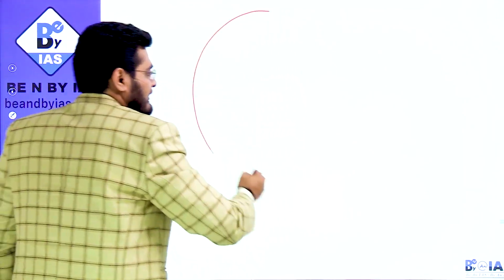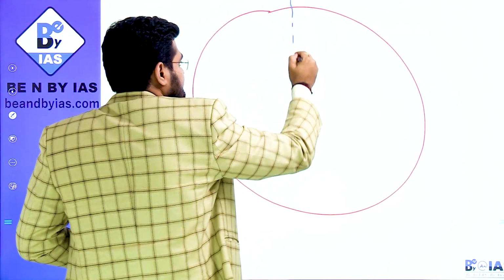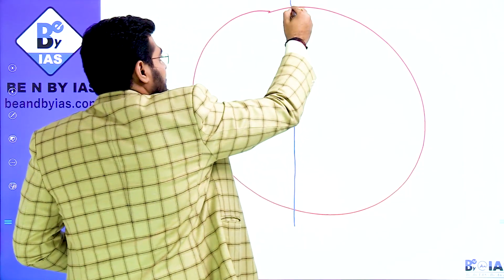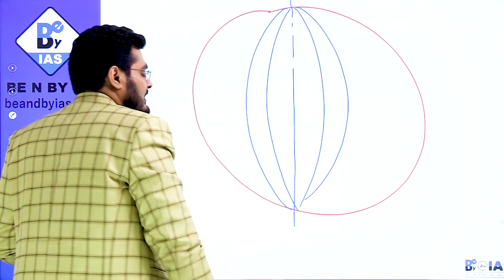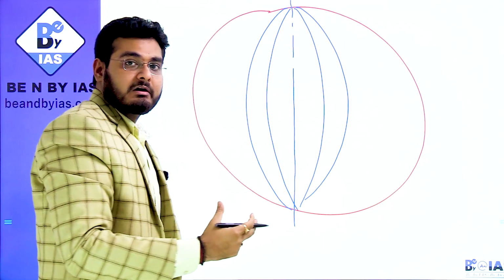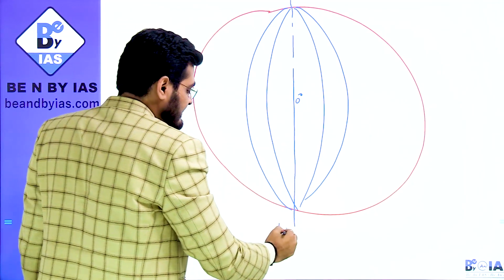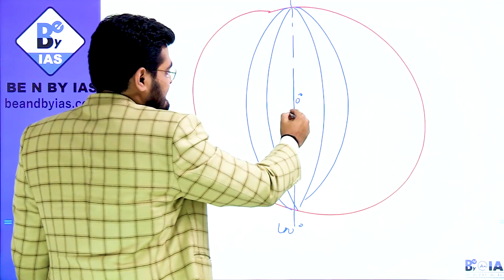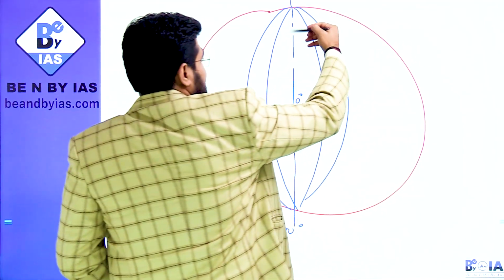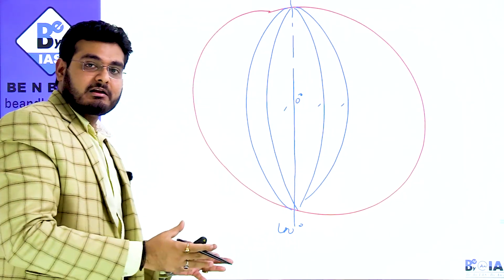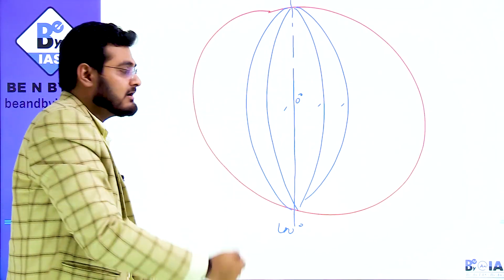Now, this is the Earth, and this is your prime meridian, and these are the longitudes. Obviously, this is the prime meridian passing through Greenwich. This is 0 degree, and exactly opposite to the 0 degree would be 180 degree at the back side. Because this is 0 degree, then 15, 30, 45, then it will go on to 60, and exactly at the back it would be 180 degree. Mathematically again, a full turn is 360 degree, so half from here to there is 180 degree.